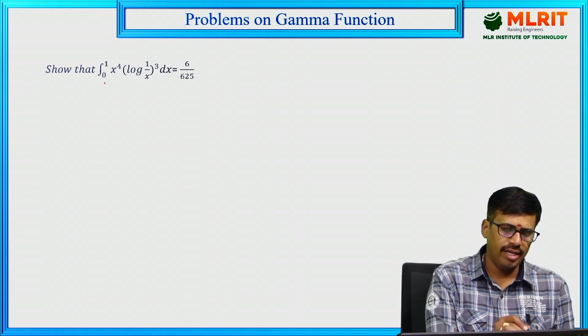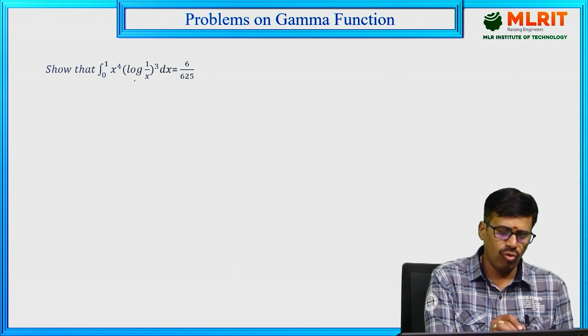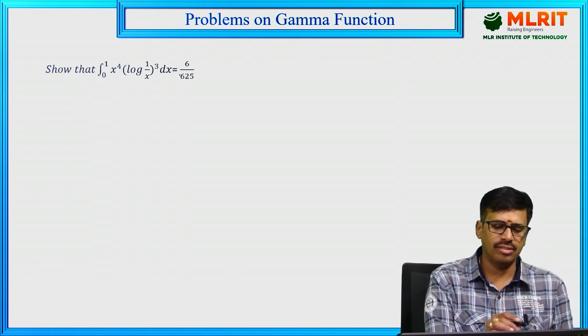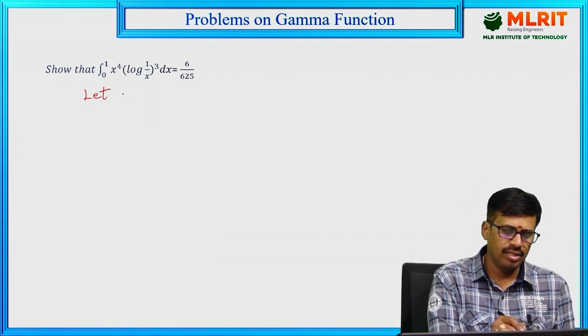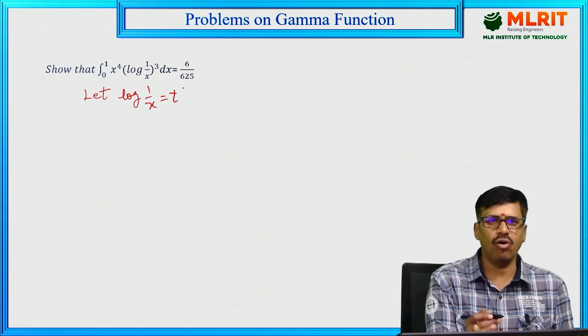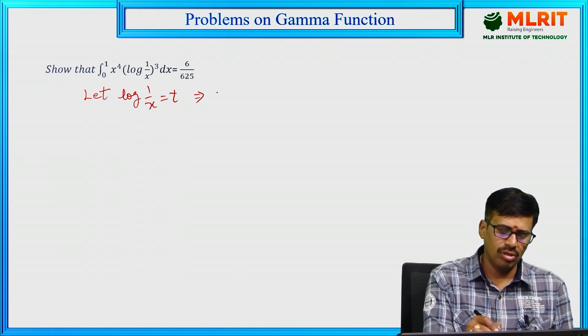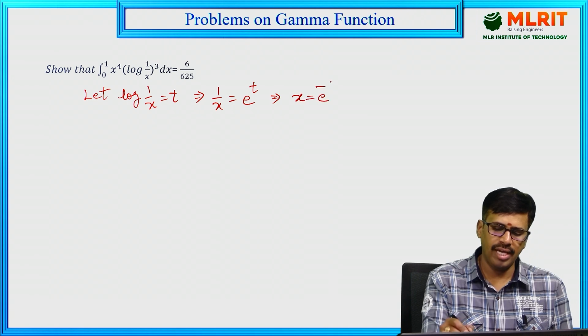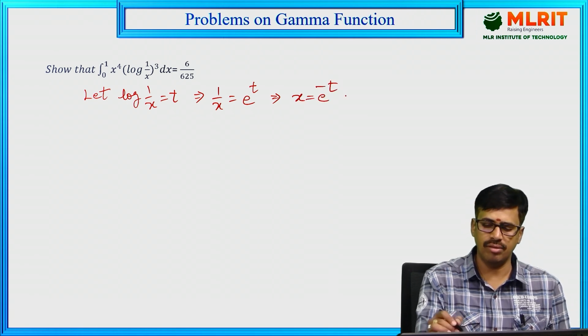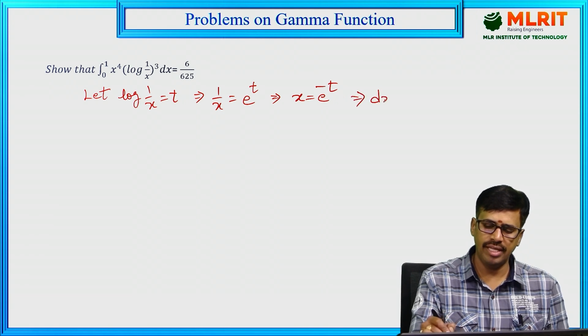Let us solve this problem. Show that the integral from 0 to 1 of x power 4 into (log 1 by x) whole cube dx is equal to 6 by 625. So here let us take log 1 by x equal to t. So 1 by x is equal to e power t, and I want the x value, so this can be written as e power minus t. If you differentiate both sides,